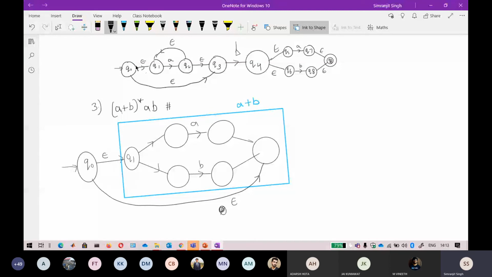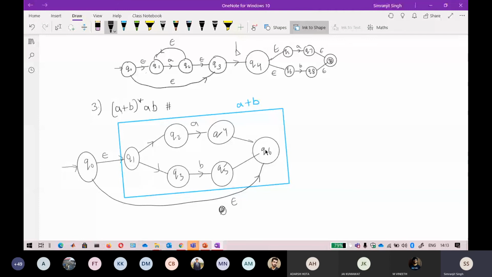Now the internal part of this Q naught represents a closure. How is the closure represented? Whenever there is A, you go back, you get A star. Now A and B, if I write the state names here, Q3, Q4 and Q6.